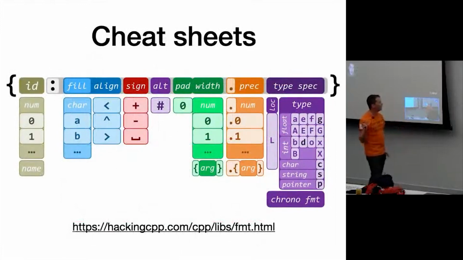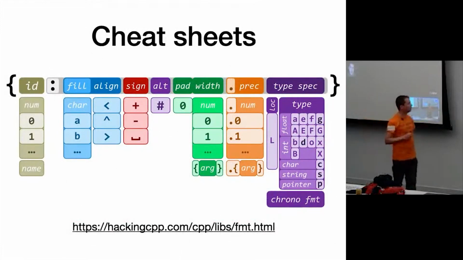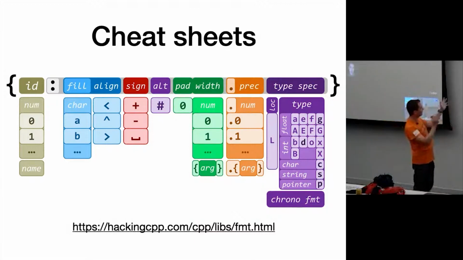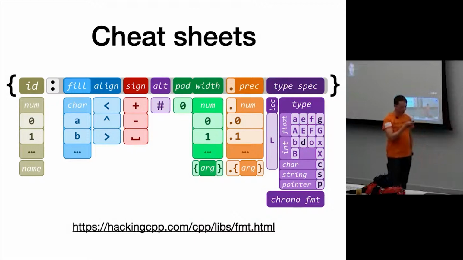And finally, we go out to Hacking C++, who put together this nice cheat sheet for FMT, which gives you all the format specifiers in one little picture. It actually has lots of these features. Check it